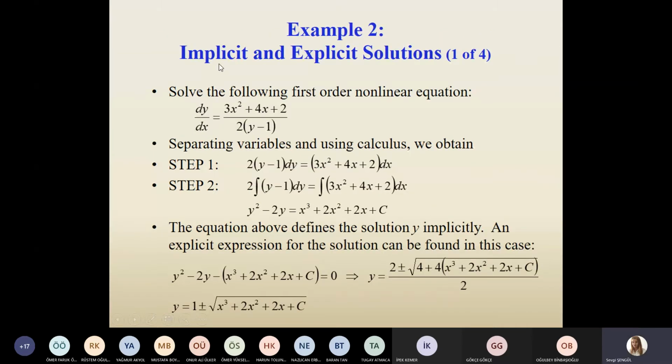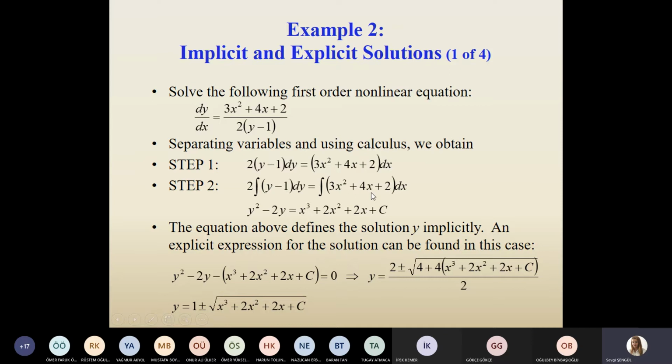And this is another example. Here it is. As you can see, again, you can do cross multiplication. This term times dy equals this term times dx. And in here, there is only y term. In here, there is only x term, which means that this is a separable equation. And once you separate these terms, what you need to do is just take the integral of each side